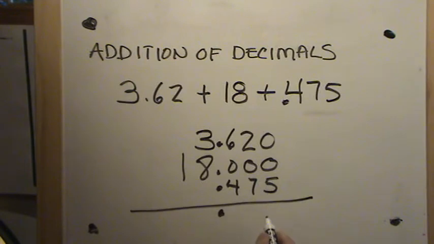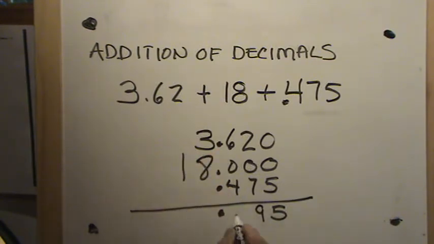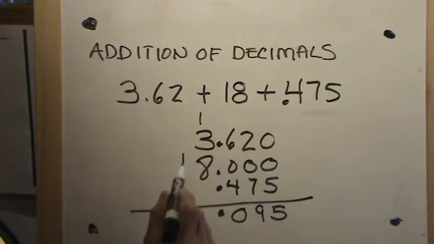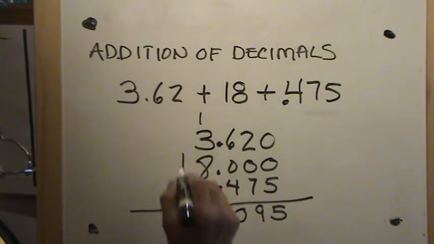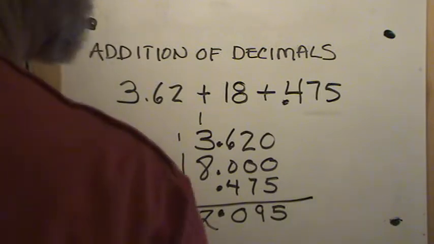And now I add. 5. 2 and 7 is 9. 6 and 4 is 10. And I'm going to carry 1. 1 and 3 is 4, and 4 and 8 is 12. Put 2, carry the 1, and 1 and 1 is 2. So,